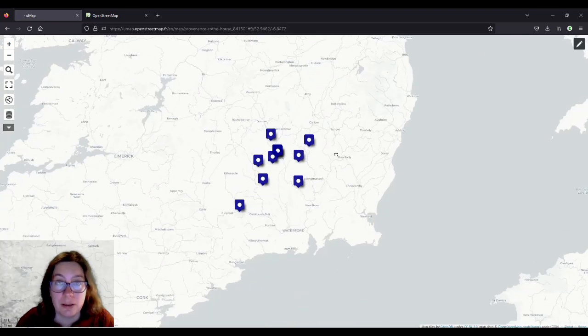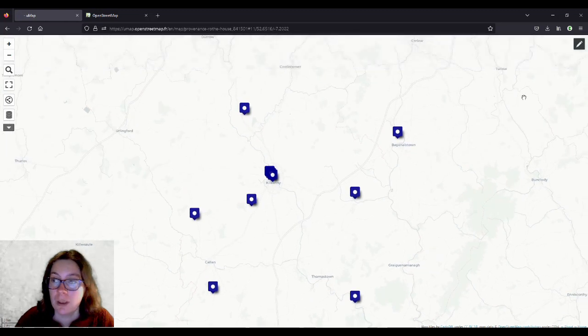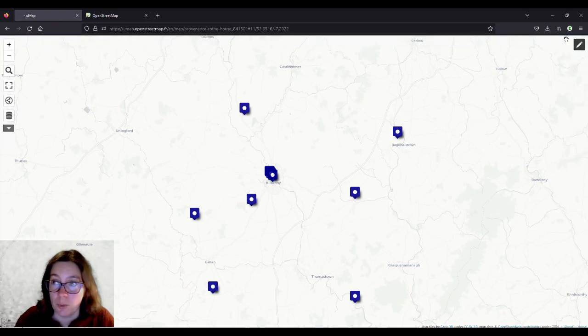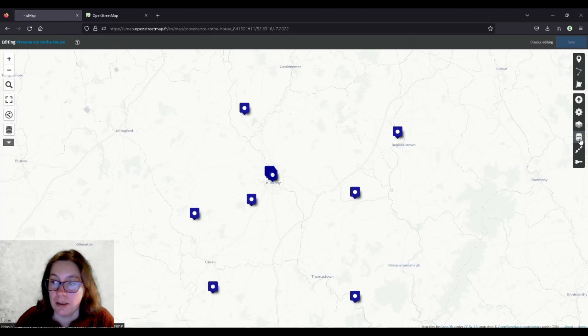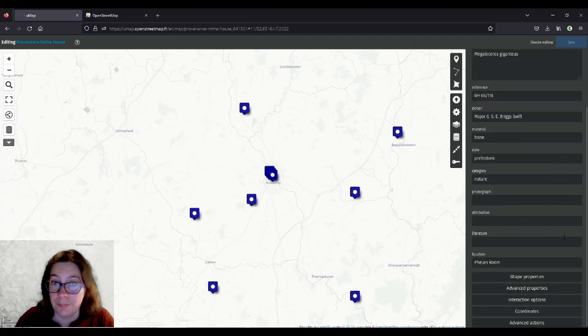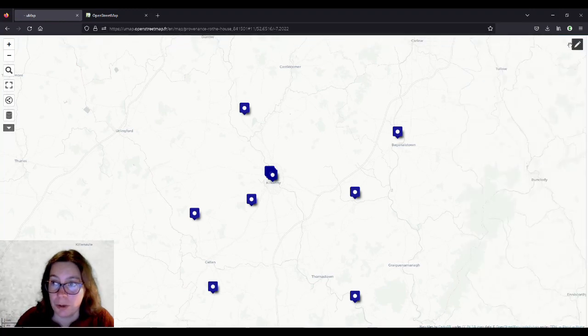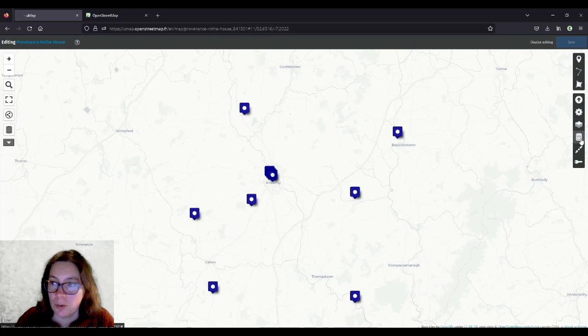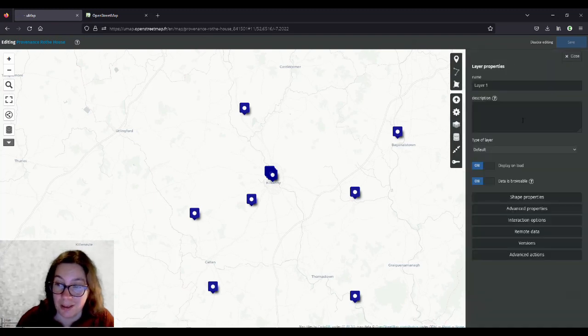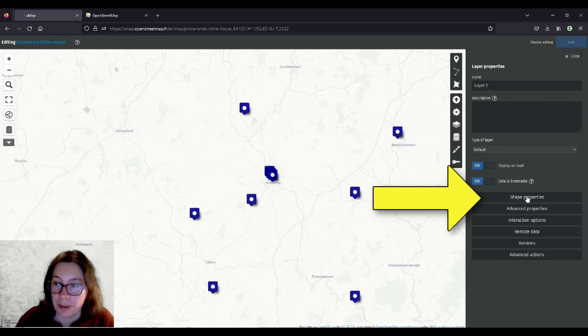Maybe you don't like the markers, the way they look. You can change that. You can have almost any color you want, and you can have different shapes. So we're going into the editing mode by clicking on the pencil, and then you can change every individual marker if you want, but if you want to change them globally, you go back into the manage layers and into the editing mode for the layer and to shape properties.